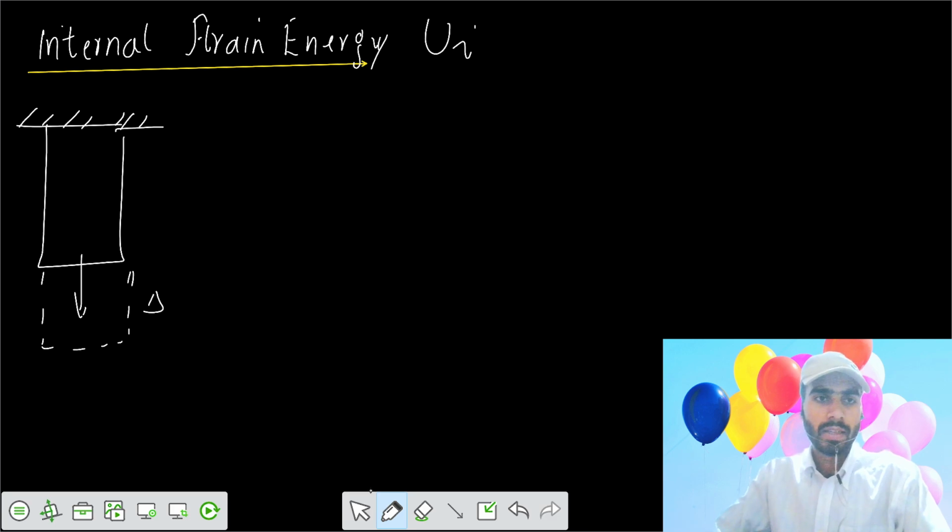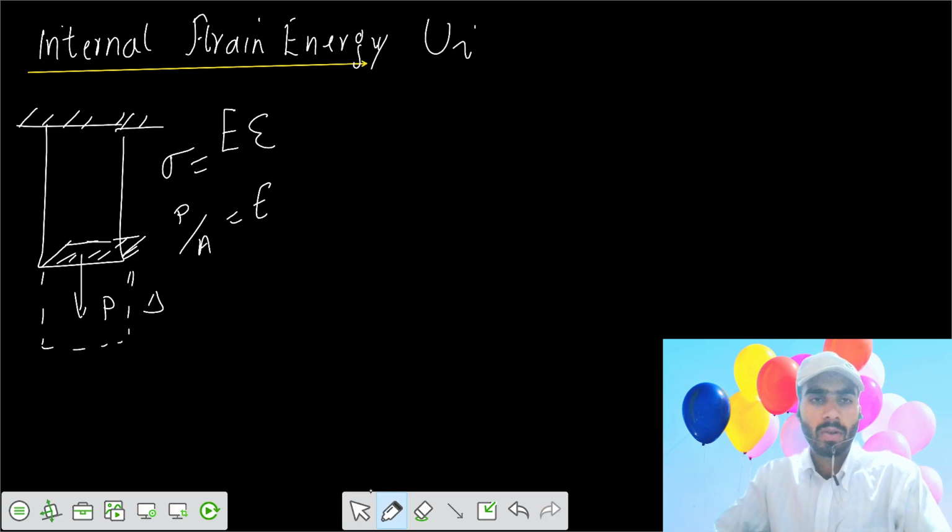So we write that we have, from strength of materials, Hooke's law: stress is proportional to strain. Then we write that your cross-sectional area is A. So we write that stress equals P by A, which equals Young's modulus of elasticity E into strain, deformation delta over length L. So we got this one, and similarly we write that we have from the